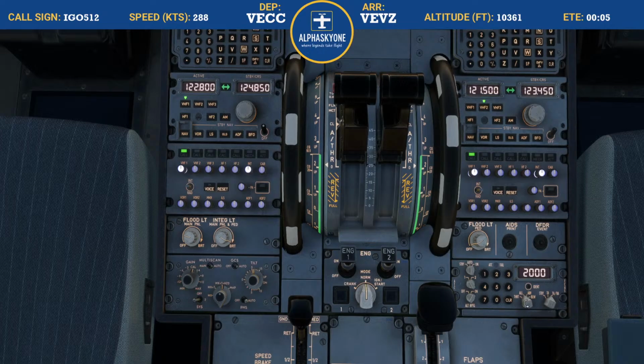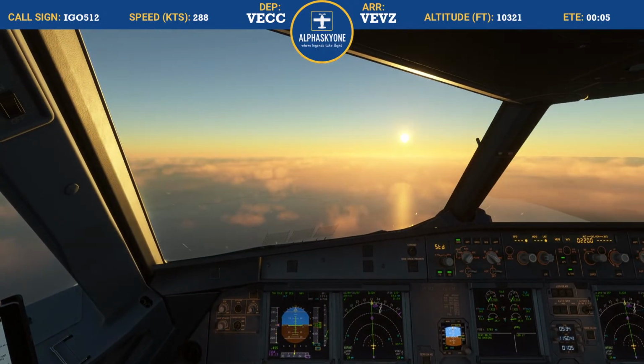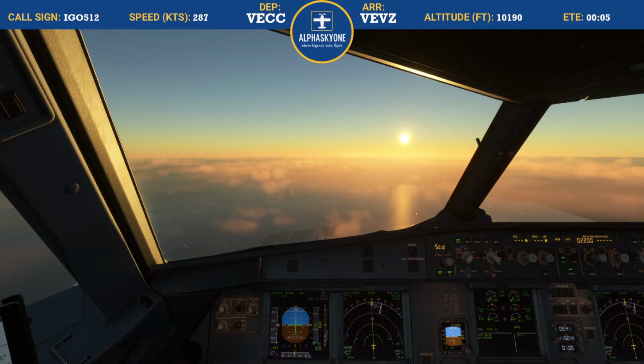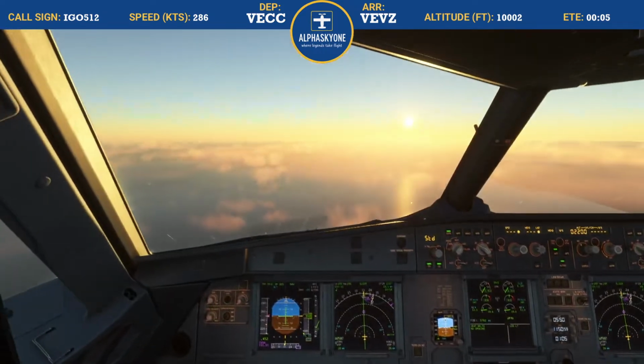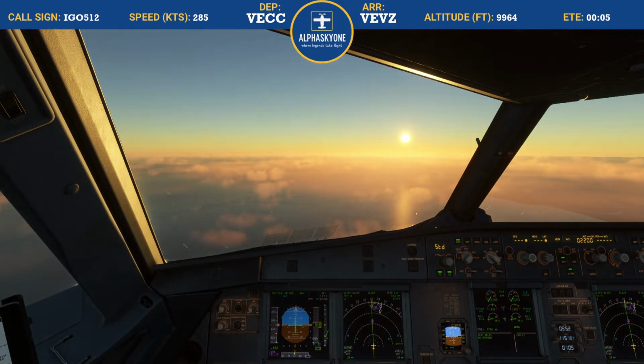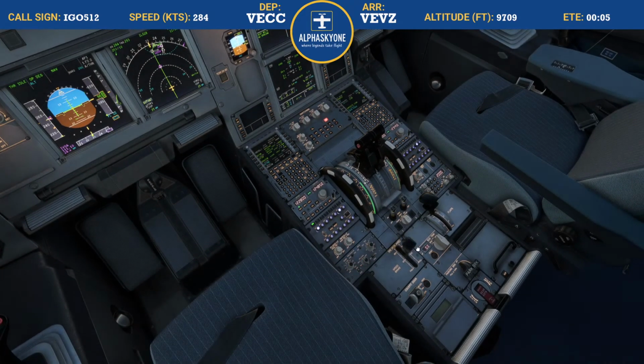I think this should be all right. 10,000 feet. I need to descend. Let's see. I believe that is 3,000. 3,000. We have to. 70 nautical miles left, and I believe I just need a bit to